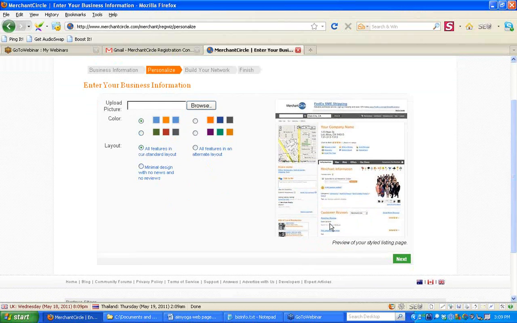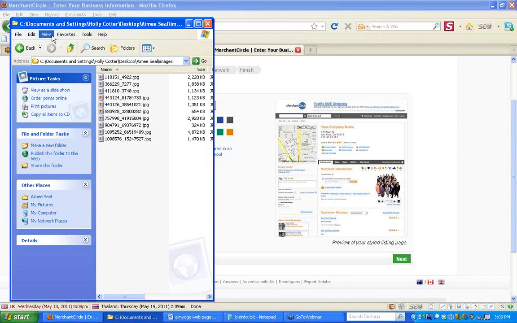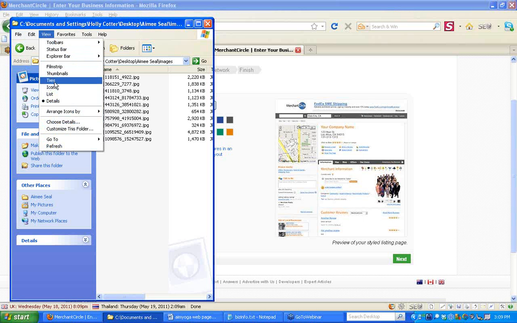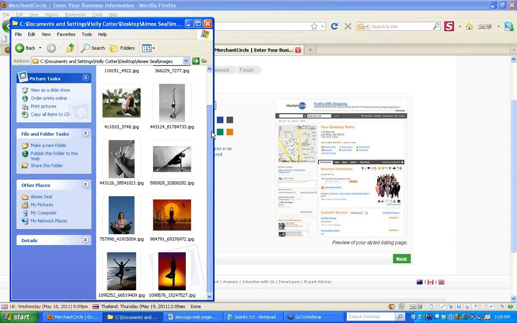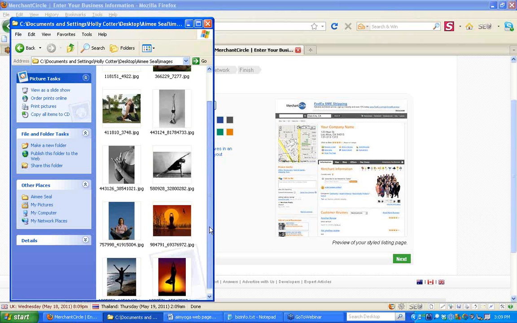All right, now if you have a picture, you can upload a picture. I strongly recommend that you do upload a picture. It will call attention to the listing on the web page. Now, I have asked this person to provide me with a picture, but she has not provided me yet with an image. I have gone out and pulled some images off the internet. Now, these are royalty-free images that I am allowed and free to use,